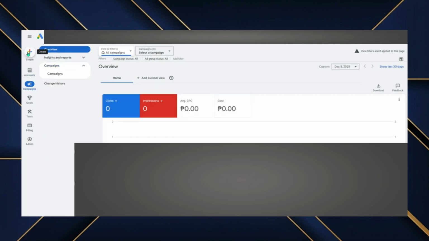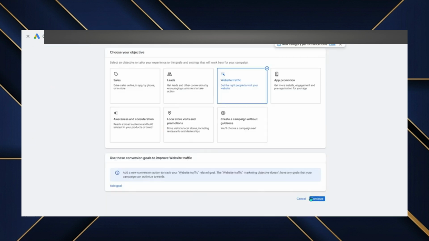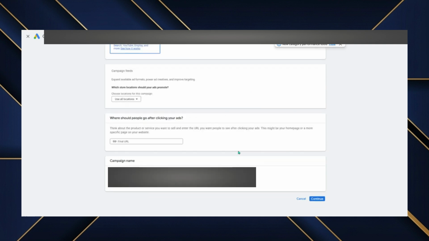To begin, sign in to your Google Ads account and look for the Create button at the top left of the dashboard. Click it and choose Campaign to start the setup process. Next, select a campaign objective such as leads, sales, or website traffic, depending on what result you want from your advertising. After choosing the objective, enter a clear campaign name so it's easy to identify later, especially if you manage